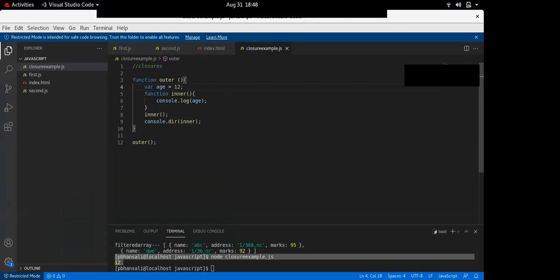So the interviewer will ask you where this closure will be stored. Your answer should be, it will be stored inside the scopes of the function. Inside the scopes, there will be an object called closures, and inside closure, there will be the variables which this function has formed closure with.